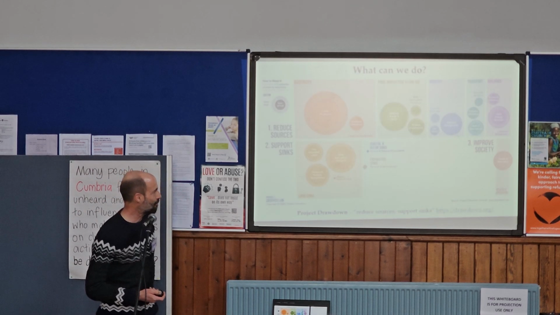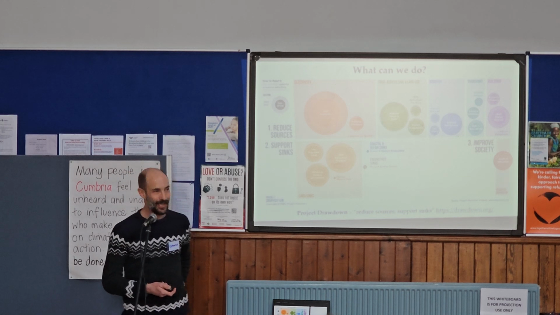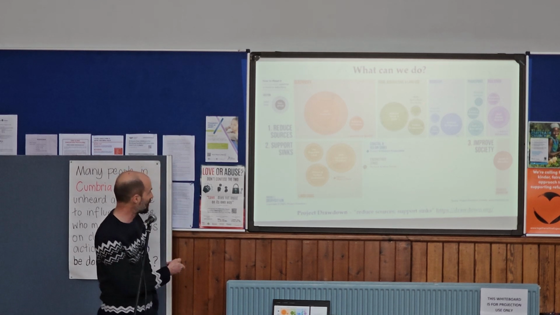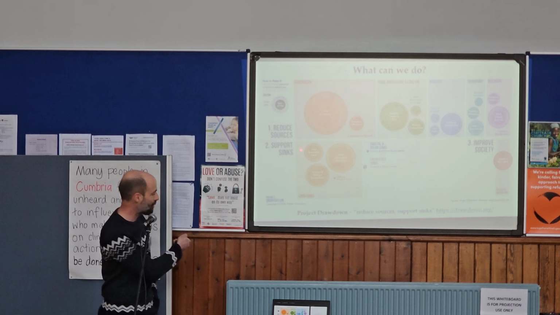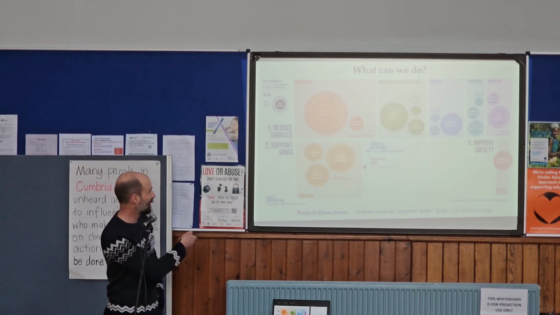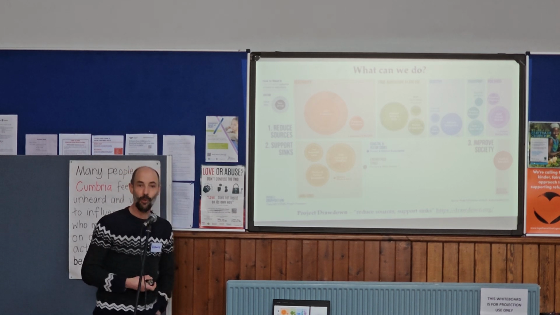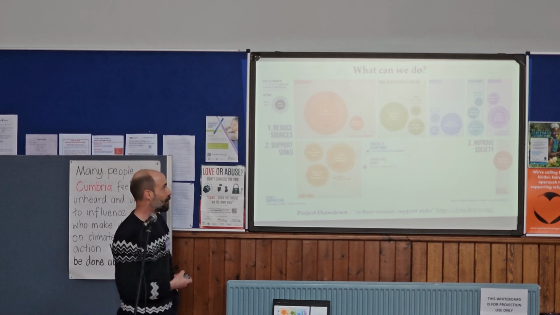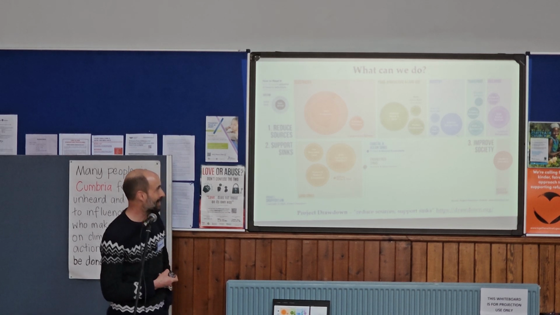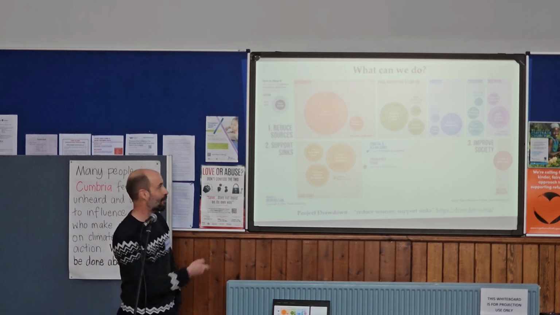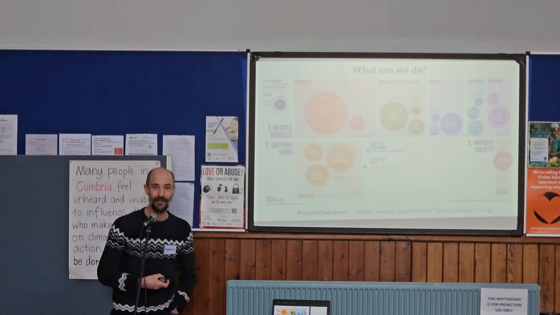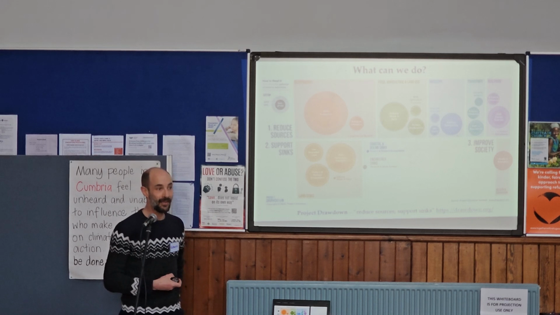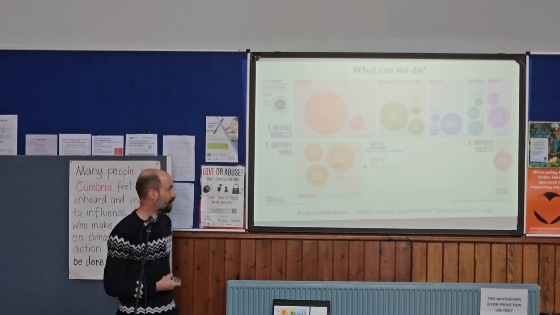So again, impossible to read, and hopefully this will be useful in your slides, but this just tries to highlight all the various different climate solutions. The key thing we need to do is to reduce the sources. So we need to do things like use more renewable energy. We need to think about things like reducing food waste. We need to do things like making buildings more energy efficient, and that's been an exciting thing to get involved with, working with Kathy and Cass and the team on the retrofit work.